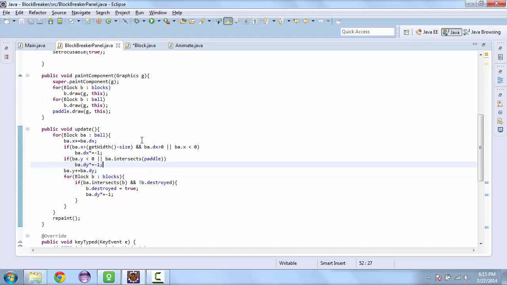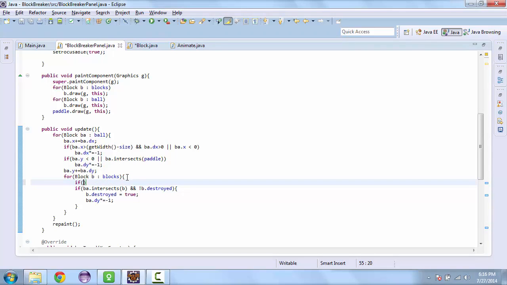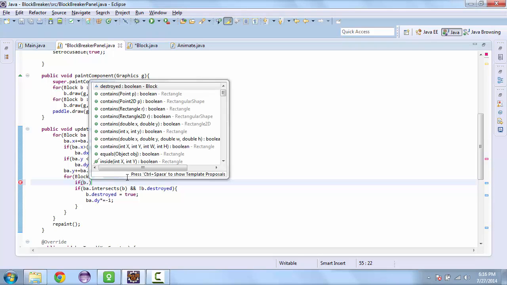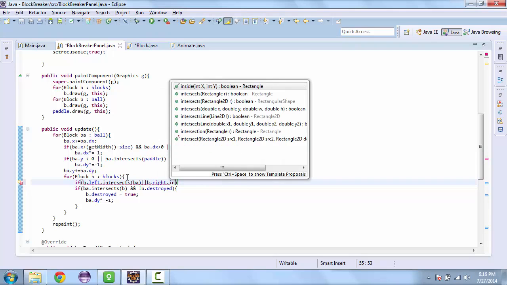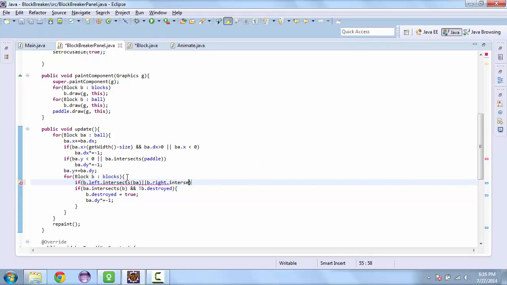And so now we need to go back to the update function and change our logic here so it recognizes the left and right rectangles on the block. So if b dot left intersects with the ball, or b dot right intersects and b is not destroyed,